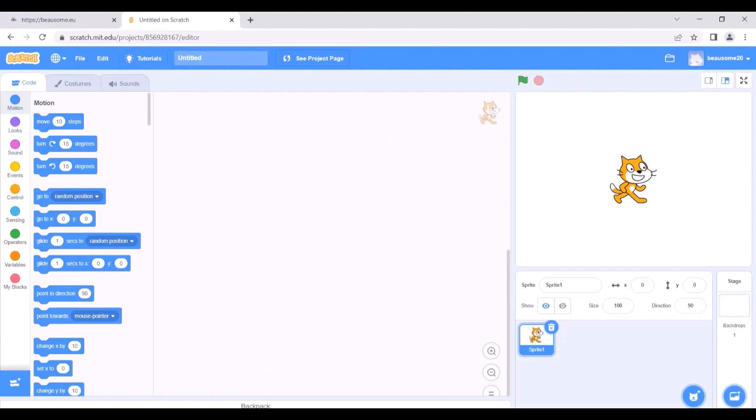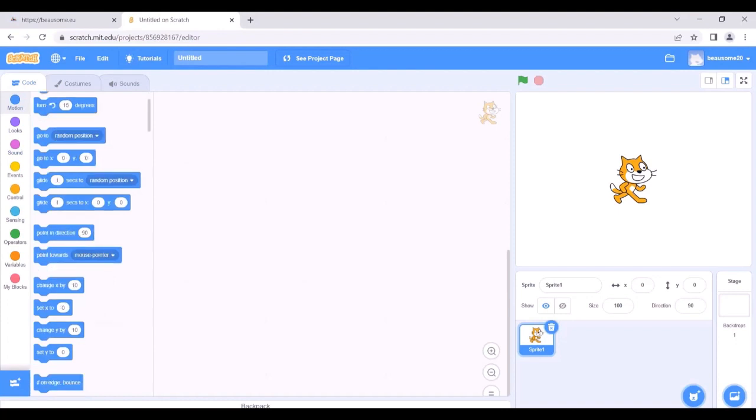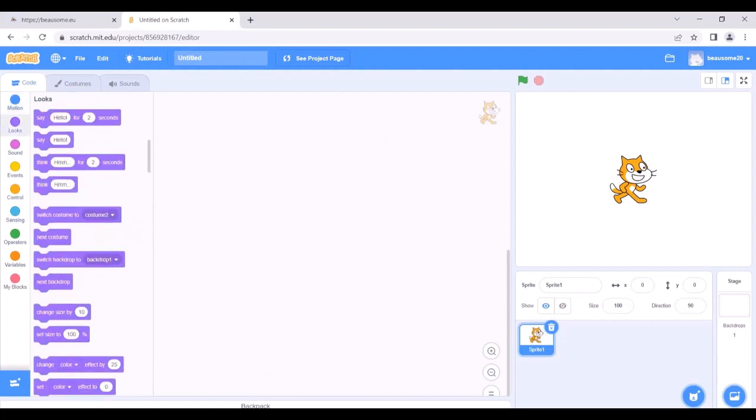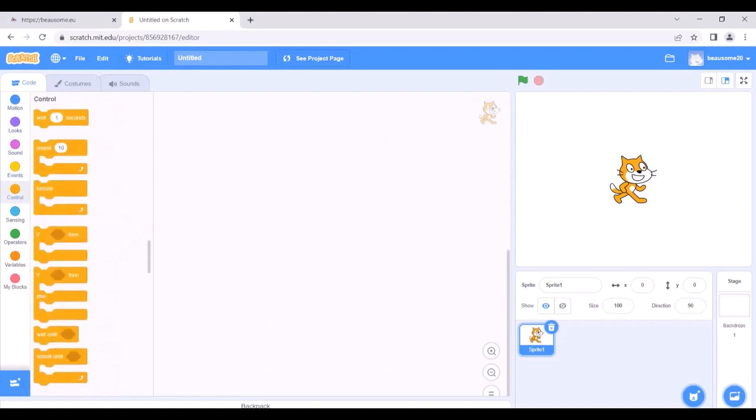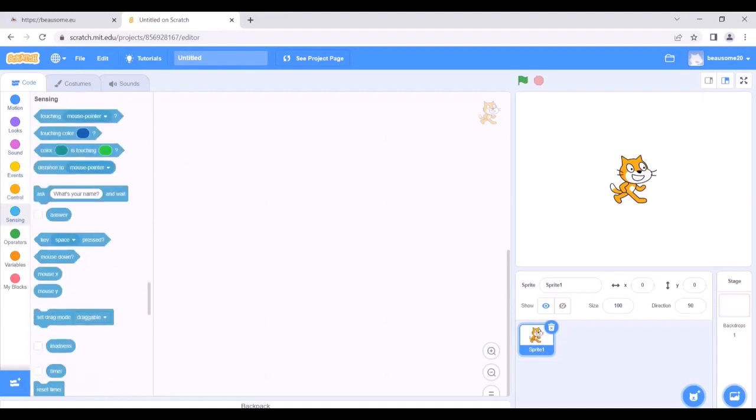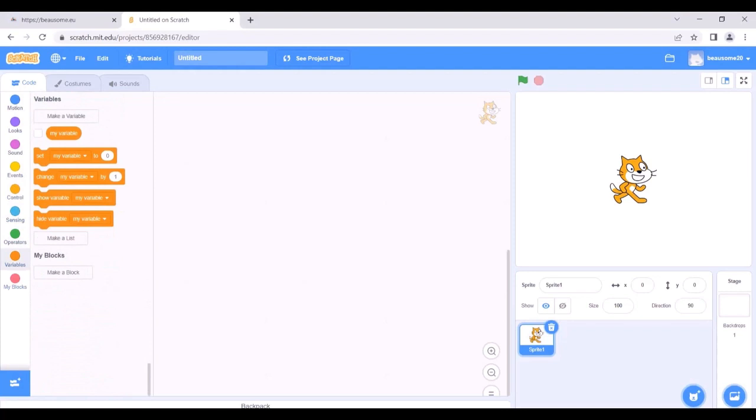This area here allows us to select a specific block and add it to the coding area and program our character. As you can see here, we have different colors. We have motions, looks, sound, events, control, sensing, operators, variables, and my blocks.